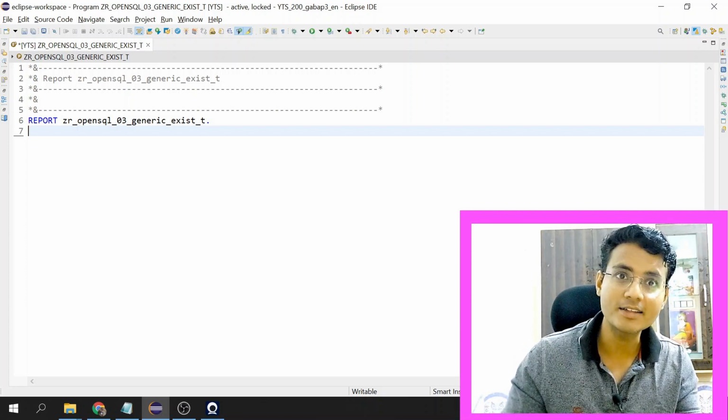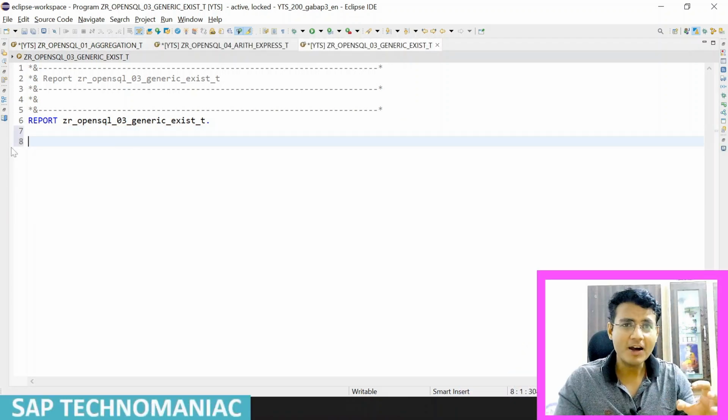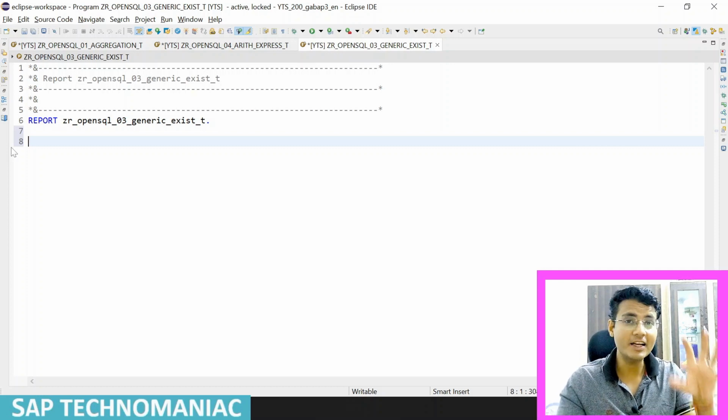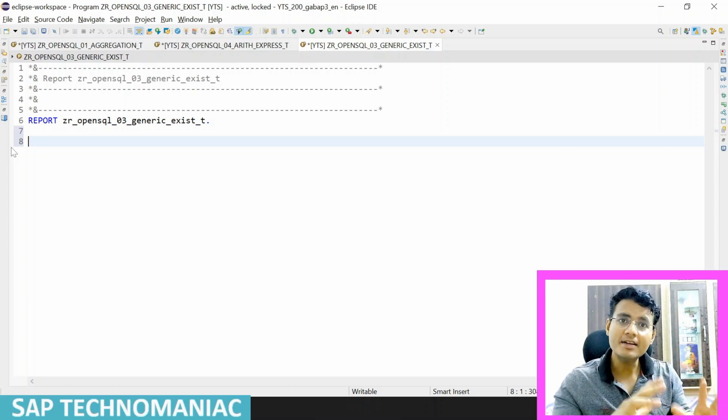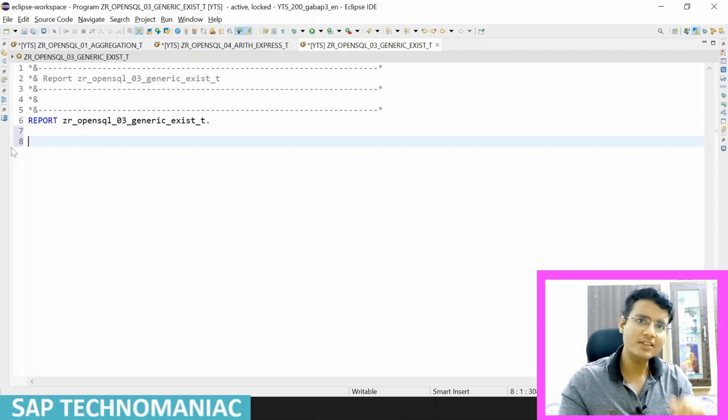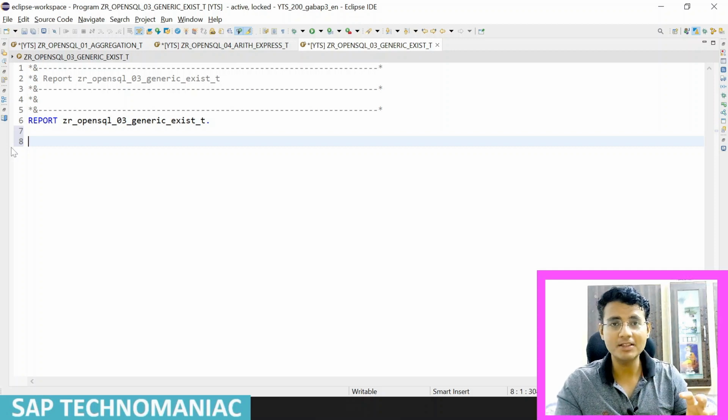Let's get started. Sometimes we get a requirement like this: I want to check whether one database table has some entries available or not, based on some conditions. So what are the ways we can check whether a database table has some entry or not? Let me write a SELECT *